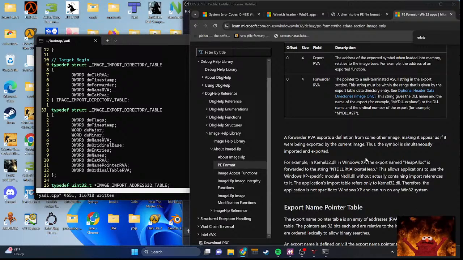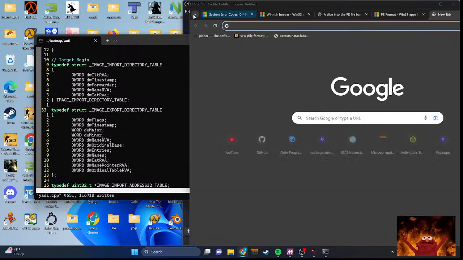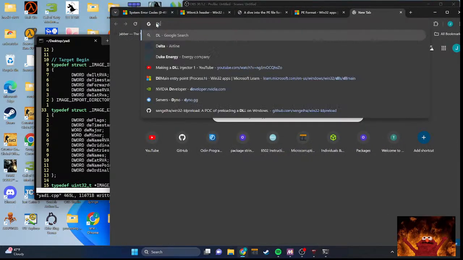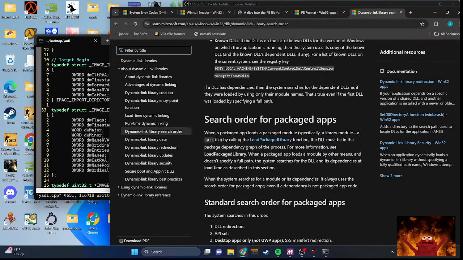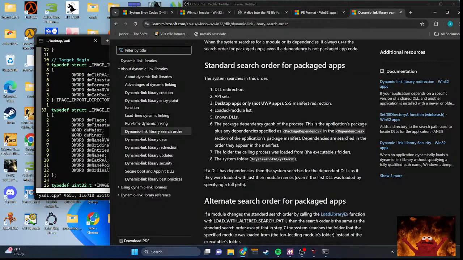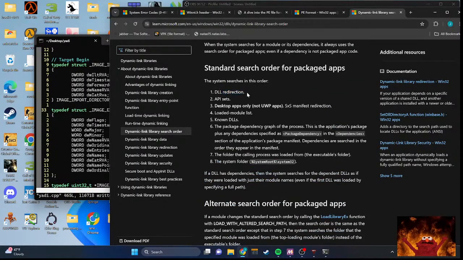Like, I think there's a DLL search order for sure, which maybe can be used here. System searches in this order: DLL redirection, API sets, desktop, loaded module list, known DLLs. Yeah, because known DLLs are loaded before, but maybe we can sort of hijack this. I forget, but what is DLL redirection? Because that might actually be